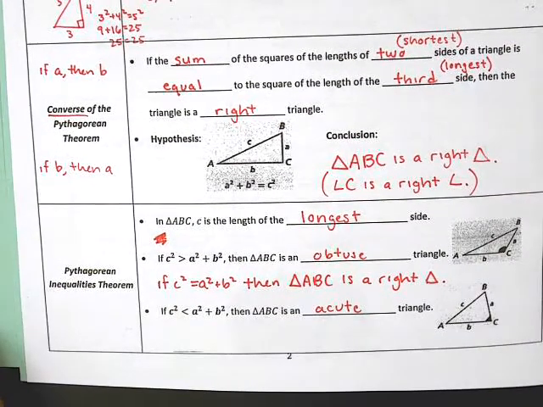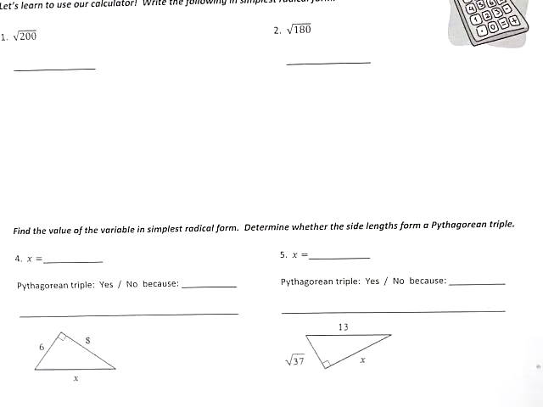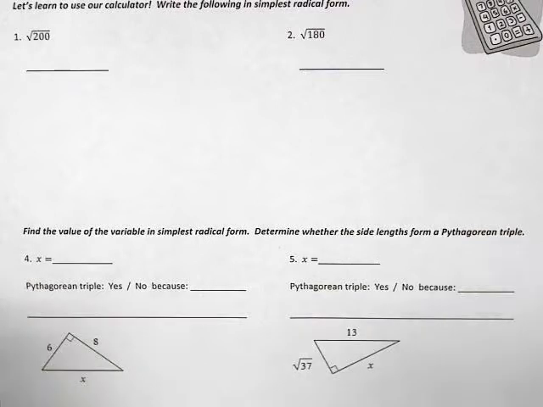Okay? So now that we've gotten that out of the way, we want to do some work with the Pythagorean Theorem, and even before that we have to teach you a little bit about your calculator, because the calculators can be your best friend. So if I look at something like the square root of 200,